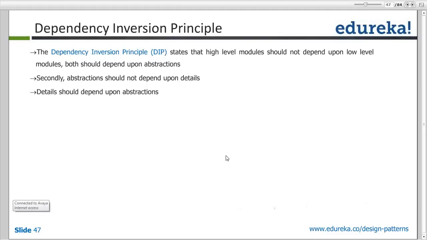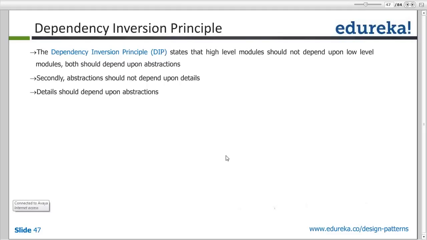Secondly, it should always be abstraction. You should not know the internal nitty-gritties of those abstractions, and the internal nitty-gritties should be compliant to your abstraction. For example, if I was saying save file, the internal implementation should save file. But if I am calling a save file method, I should be sure that I don't know how the file